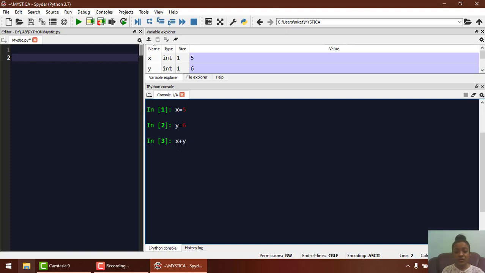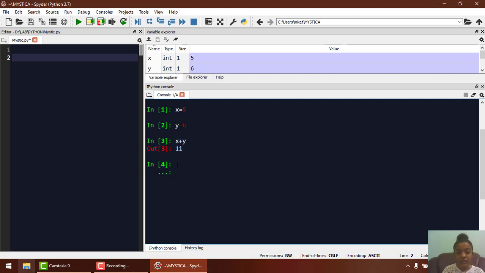In the variable x the value 5 is stored, and in the variable y the value 6 is stored, and we are going to add both of them using the addition operator in between. In order to get the output in the Spyder IDE, you just have to press enter. Let's press enter, and you can see the output as 11 because x has 5 and y has the value 6, so obviously the output is 11.